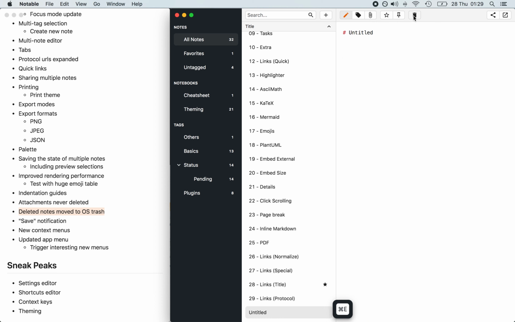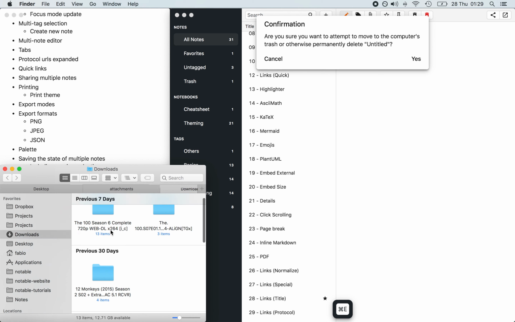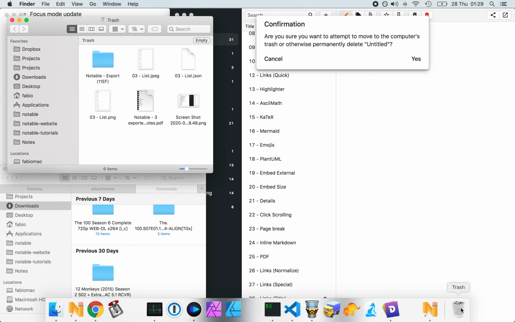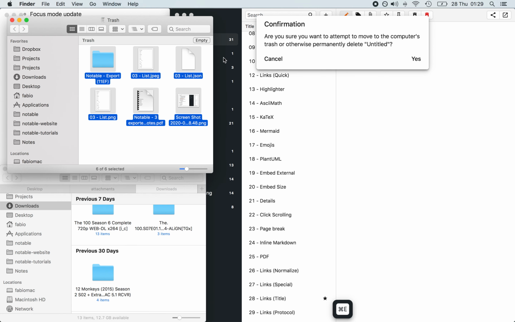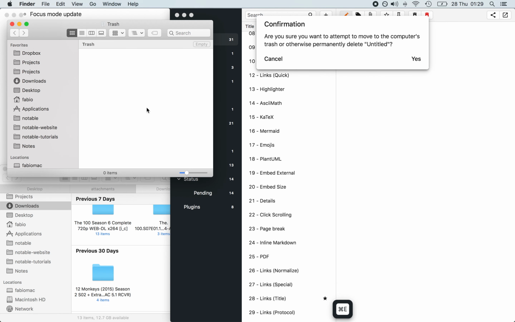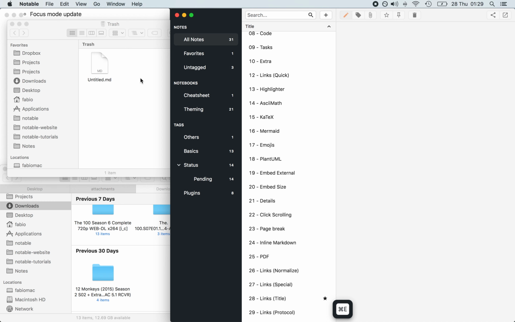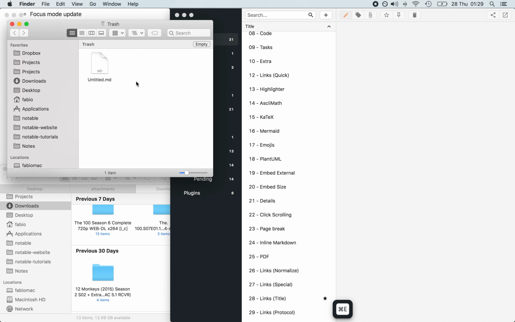So if we move this node to the trash and we attempt to delete it, it will say that the app will attempt to move it to the OS trash. So let's go to the trash. So we have this currently. Let's open it again. So we say, yeah, delete it. It will be actually moved to the trash. So you will pretty much never lose anything,